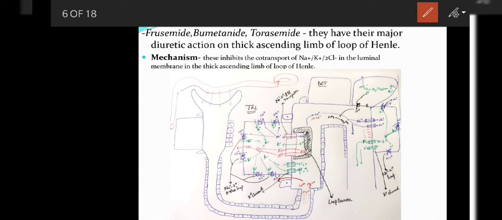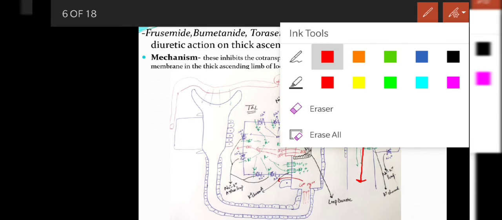Now, what we see is that these ions are not reabsorbing in the thick ascending limb of loop of Henle. So these sodium and chloride ions will move to the distal part. Here, the sodium ions will move and appear in the urine, due to which there will be heavy diuresis and natriuresis, as sodium will drag water along with it. Also,